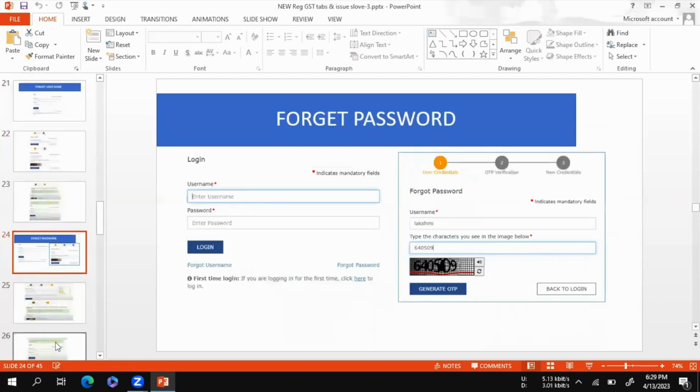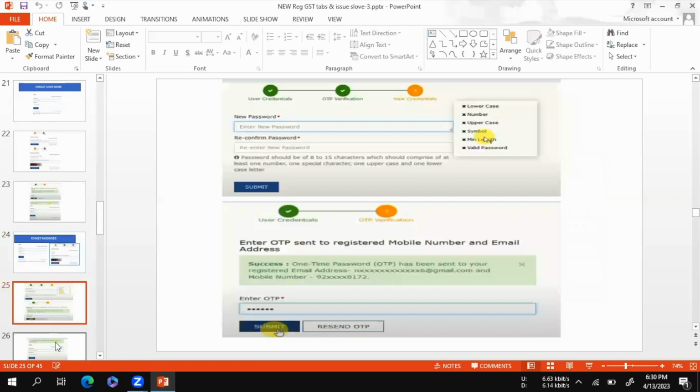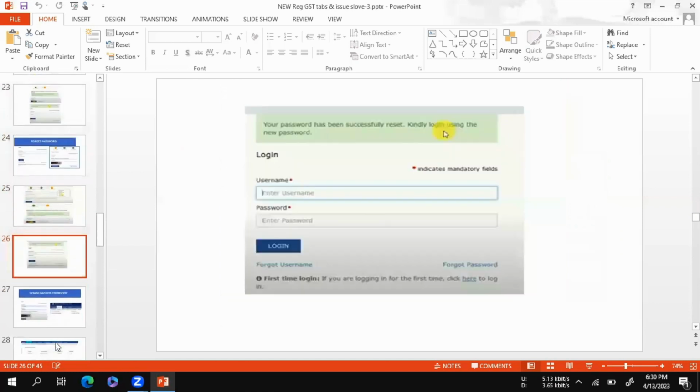In case of forgetting the password, I know the username but I forgot my password. I want to choose the forgot password option and a screen will appear. I want to enter my username and captcha. It will send an OTP. After the OTP is sent and verified as correct, a new page to create a new password will appear. I enter the new password and the reconfirmation password. The reconfirmation also asks for an OTP. After the OTP,